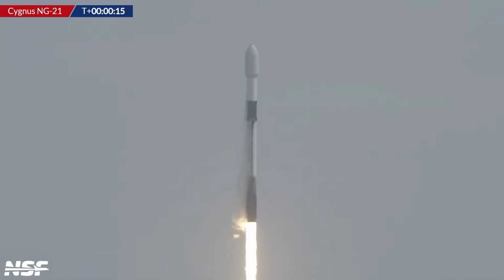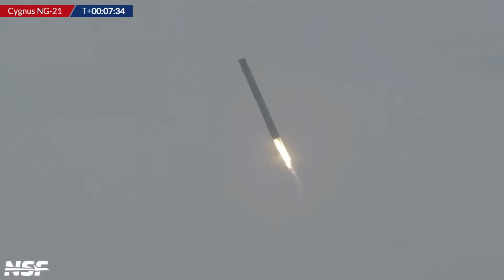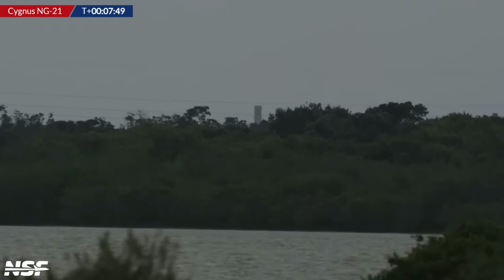The mission was originally scheduled for a day earlier, but was scrubbed due to bad weather. But the weather improved for the second attempt when T-0 came around at 15:02 UTC on August 4th. The booster for this mission, B-1080, flew for the 10th time and successfully landed on Landing Zone 1 at the